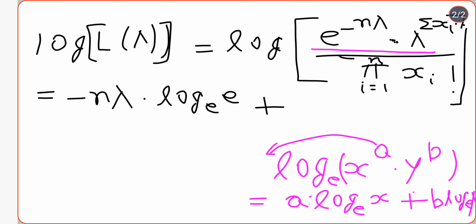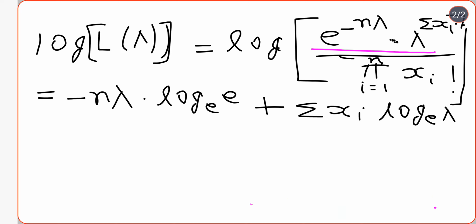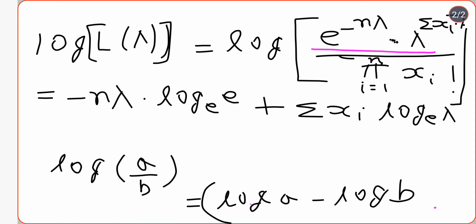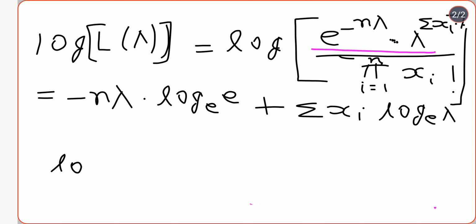Now summation xi will come out from the power and will become the base, and it will be log e base lambda. And this is nothing but, as you all know, that if we do log a by b, then this can be written as log a minus log b, because it's a division form. When there is a divisional form, then log takes both the terms and we get a subtraction form. So that can also be applied here, that we can actually subtract